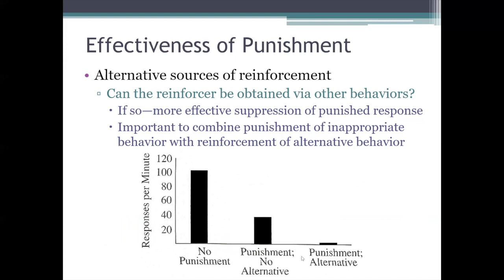So, as you can see, when they had an alternative way to get the cigarettes, the subjects almost never pulled that punished lever. But when they didn't, when pulling the punished lever was the only way for them to get cigarettes, well, then that loud, annoying sound was much less effective as a punisher, as evidenced by the fact that the subjects continued to pull that lever fairly often in that condition.